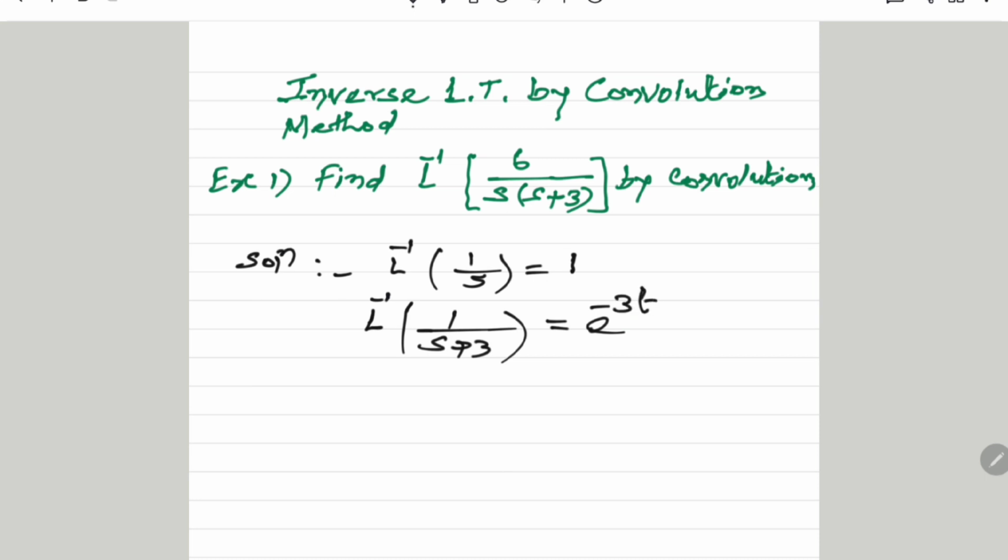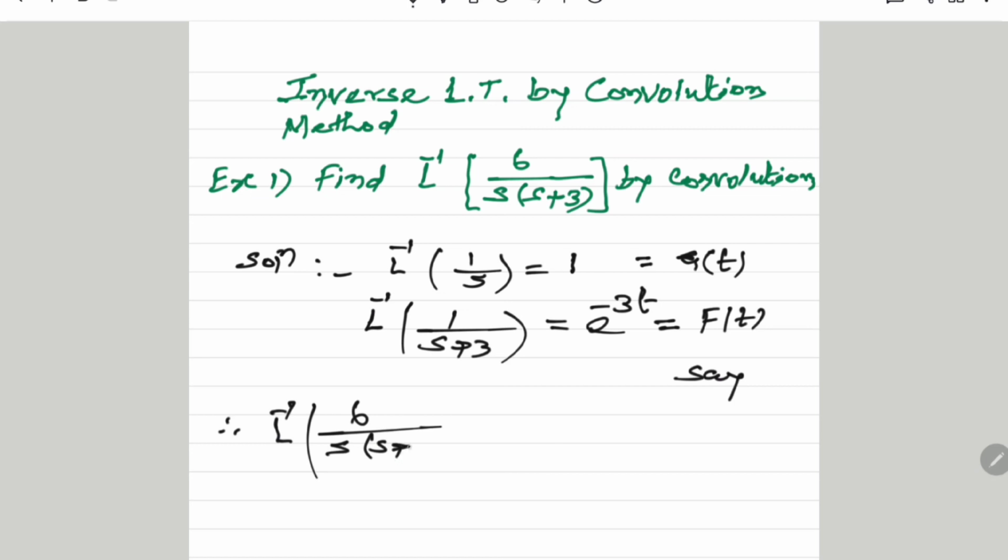Then we have to consider any one of them as f of t and the second one as g of t. But as a rule, consider that term with minimum terms of t as g of t. Therefore, here the first one is 1 with no term of t, and therefore we call it g of t, and the second one as f of t. And therefore, inverse Laplace of 6 divided by s multiplied by s plus 3